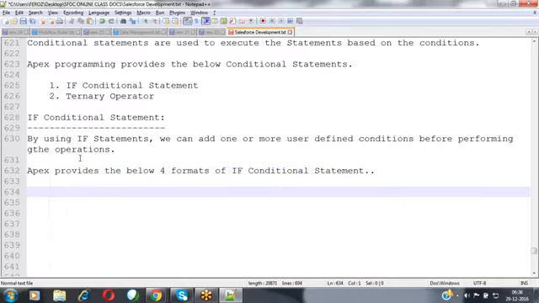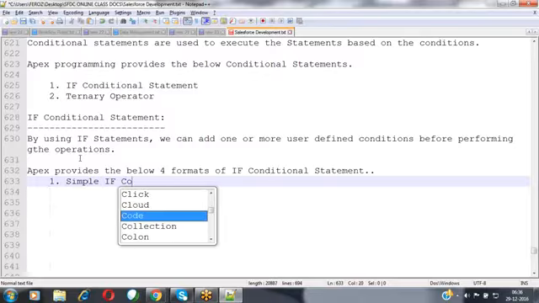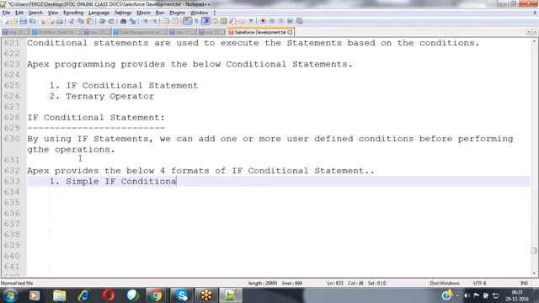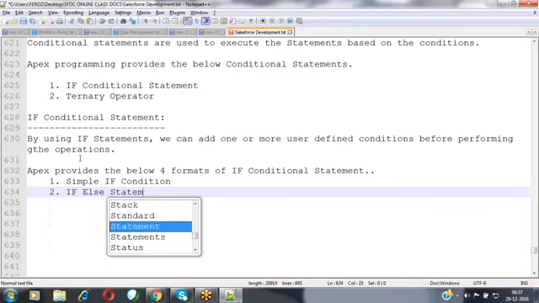Apex provides the below four formats of if conditional statement. The first one is simple if condition. The second one is if else statement.